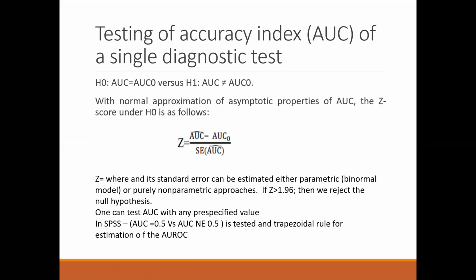Now, I'll just tell you that once you calculate the area under the curve, we have to see whether that is statistically significant also. That means we have to see whether there is a chance factor or something like that. For that reason, we get the p-value also. When we go to the example, I'll explain further, because this is just a theoretical part of it, and you may find it difficult to follow.